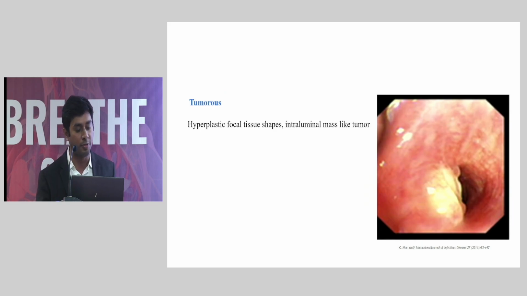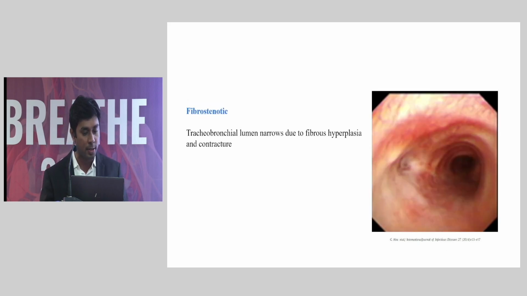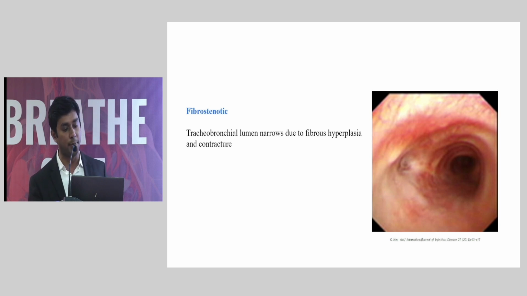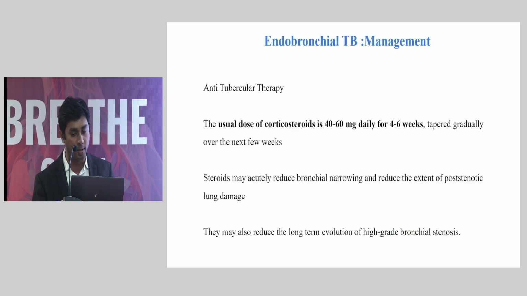We had 2 patients where we doubted malignancy; it looked like a classical tumor. In the end, it turned out to be a granulomatous inflammation with GeneXpert positivity. So TB in the endobronchial lesions can present in any form. But the most dreaded phenotype, where interventional pulmonology plays a very important role, is the fibrostenotic variety. If this inflammation goes on for a very long period of time, ultimately it scars and results in a stenosis. This causes a complete occlusion of the bronchi and the patient may even lose one entire lung.